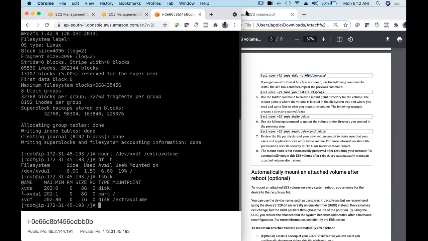Clear? Any doubts? And people who are not doing it, please find the attachment which I have shared in the chat box, download that and try to do it.